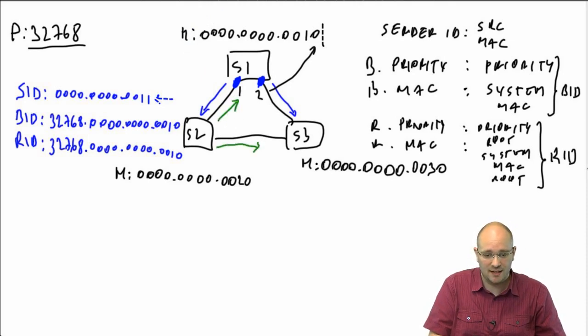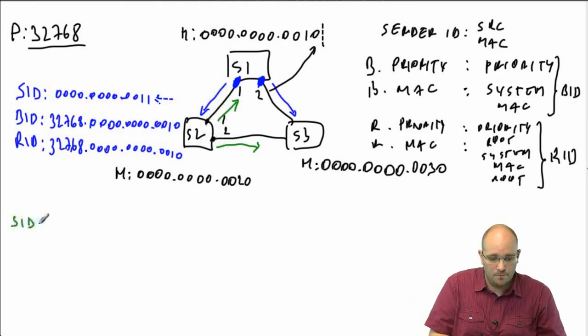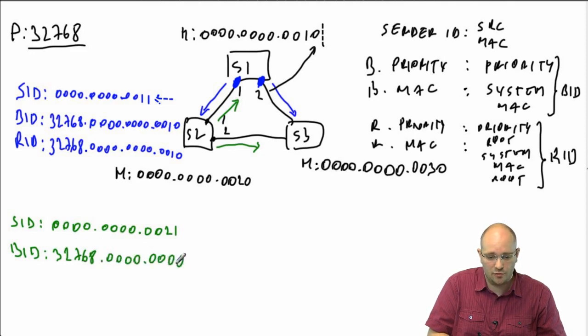So let's say that this port here is port number 1, and this port here is port number 2. So this is 2, and this here is port number 1. What are going to be the values there? Well, the sender ID is going to be all zeros, 0, 0, 2, 1. The bridge ID is going to be priority, followed by my own system MAC address,